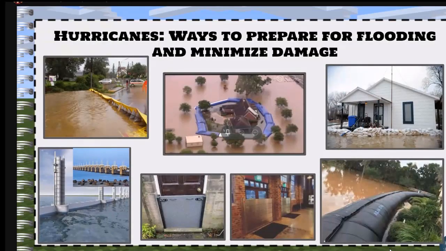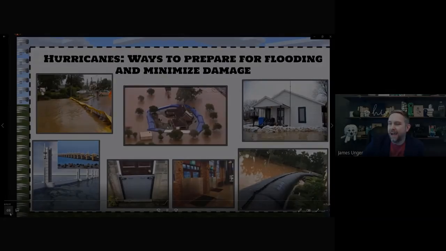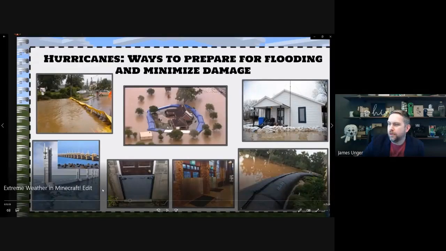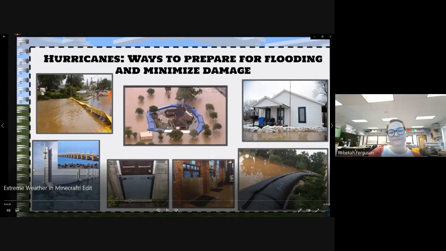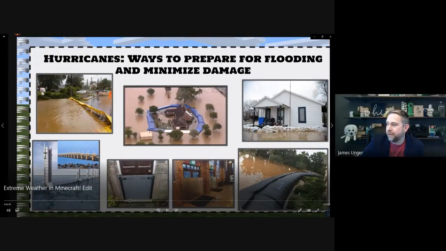Now, there are some ways, and this is really important for you to pay attention to, to prepare for the flooding to try to minimize damage. I really liked this part too, where you got to come in. Once again, you just had great pictures showing some of the different, from very basic with sandbags up to the tide walls out in like the Bay Area, where they can block off the water. They're just such great designs you found. The little door pictures,